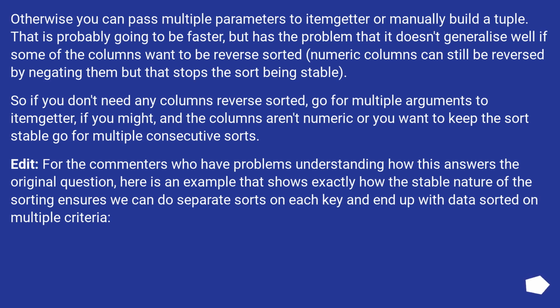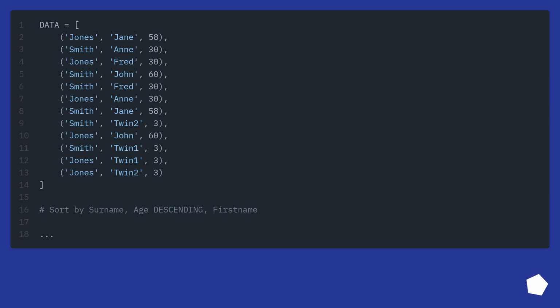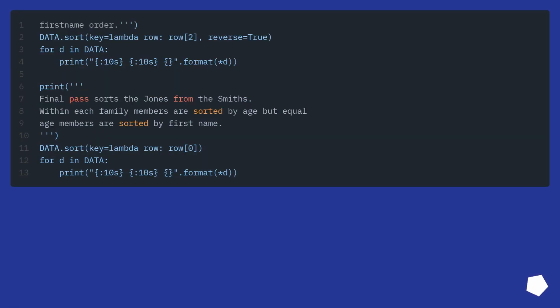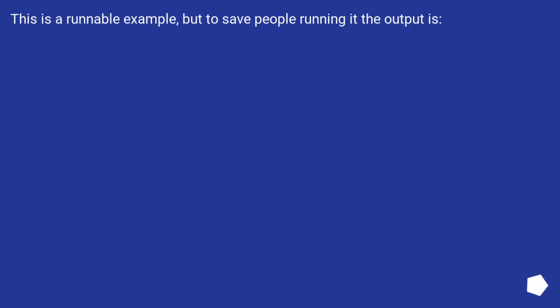shows exactly how the stable nature of the sorting ensures we can do separate sorts on each key and end up with data sorted on multiple criteria. This is a runnable example, but to save people running it, the output is